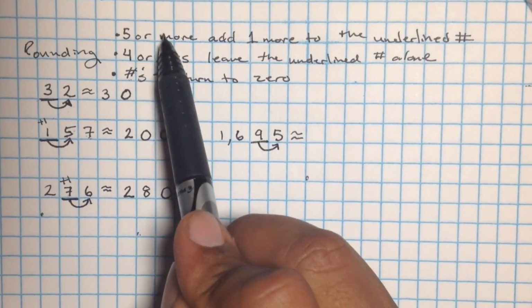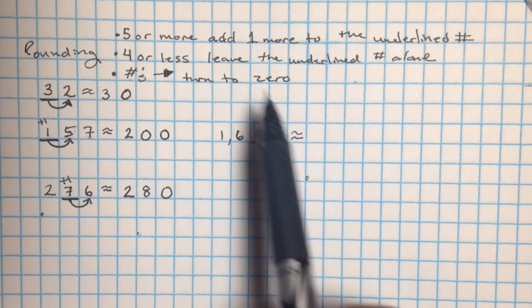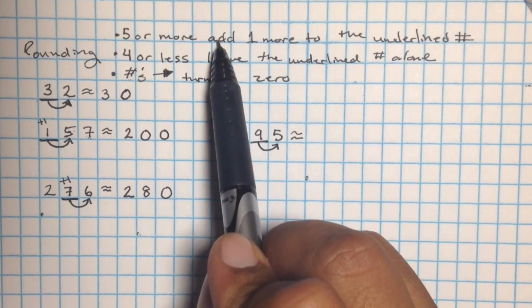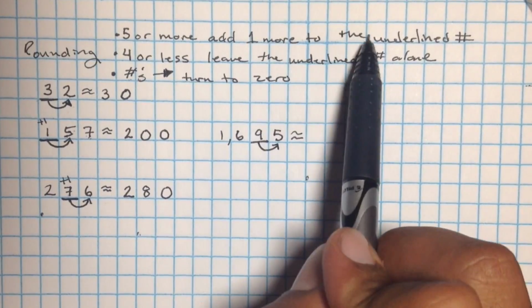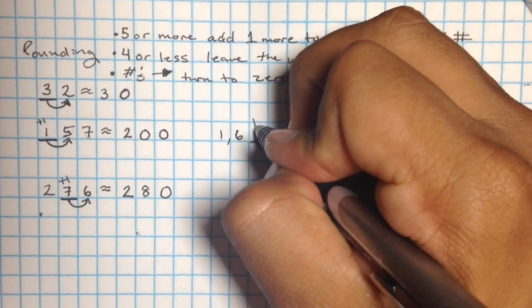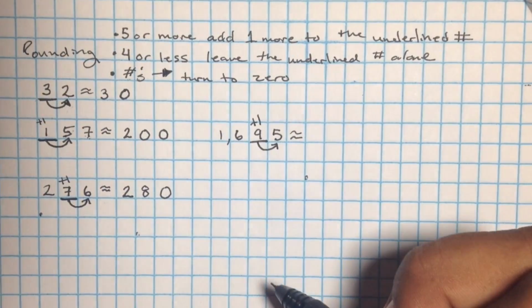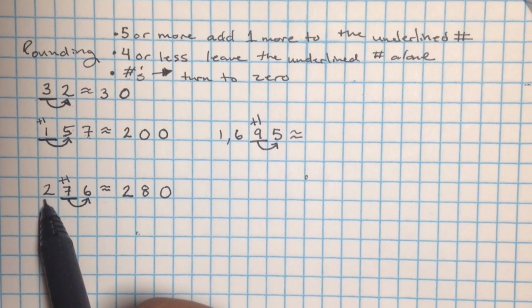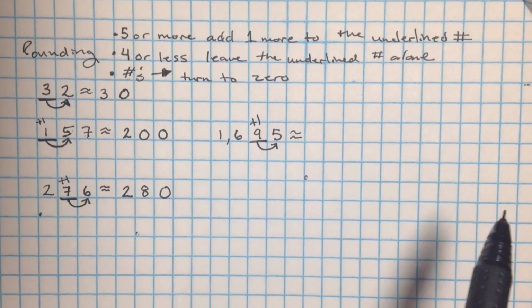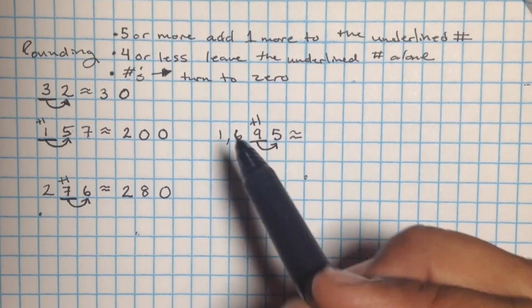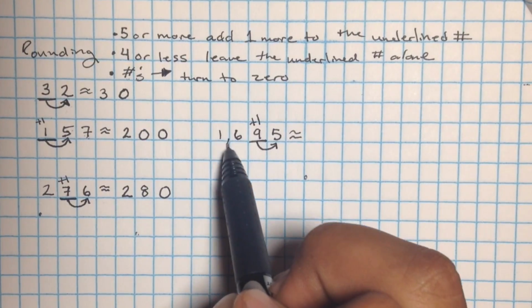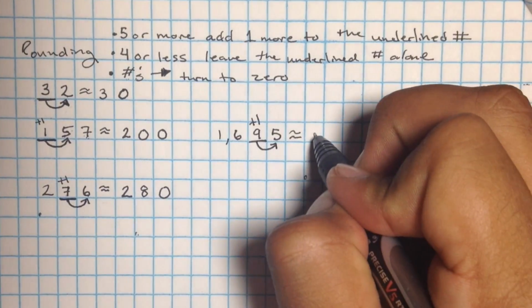I'm going to say 5 or more or 4 or less. Well, 5 is 5 or more. So I follow through. Add 1 more to the underlined number. So I'm going to add 1 more to that 9. And we just figured out right here, if it's anything on the left, we leave it completely alone. We don't mess with it. So on the left, there is a 1,600. So I'm going to put